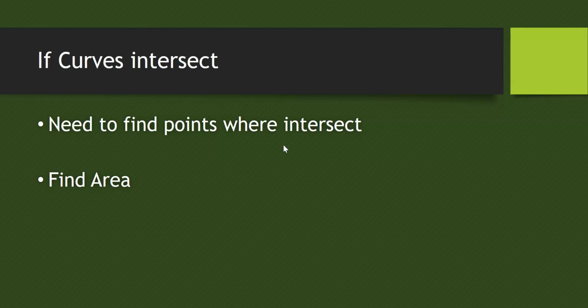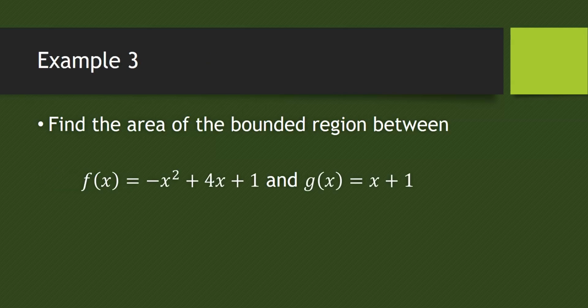Well, what if curves intersect? Our next idea is what happens when curves intersect. In other words, instead of me giving you from x equals 0 to x equals 2, I'm going to ask, how do we find the area between two curves or between a bounded region? What we mean by bounded region is a region which has a finite area